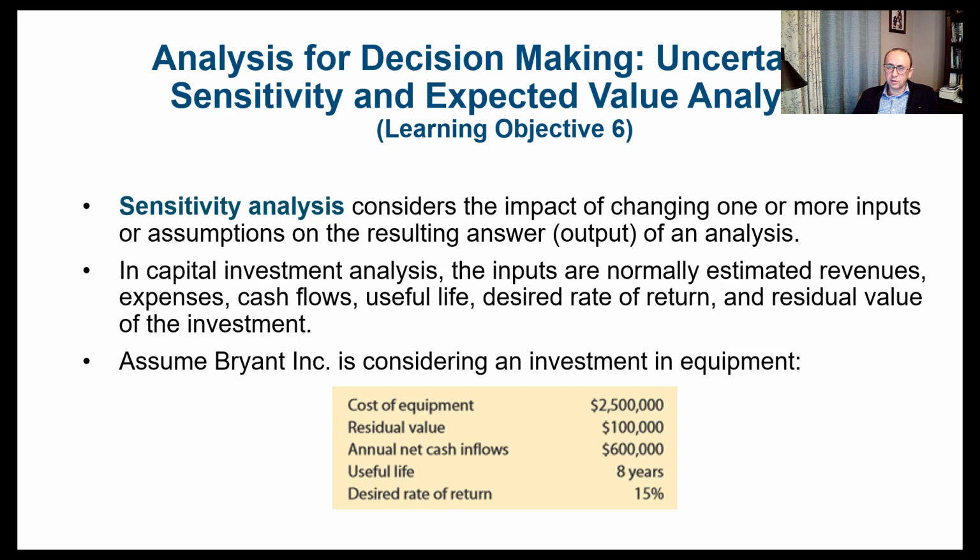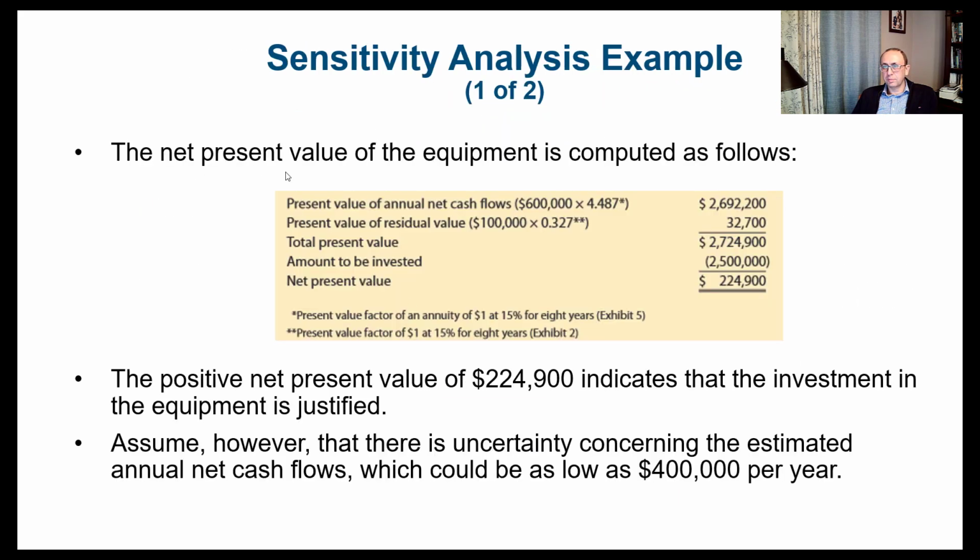So assume Bryant Incorporated is considering an investment in equipment. The cost of the equipment is $2.5 million. The residual value after 8 years is going to be $100,000. The annual net cash flow is about $600,000, and the desired rate of return is 15%. So if we do the net present value of the equipment, we will find that the present value of the